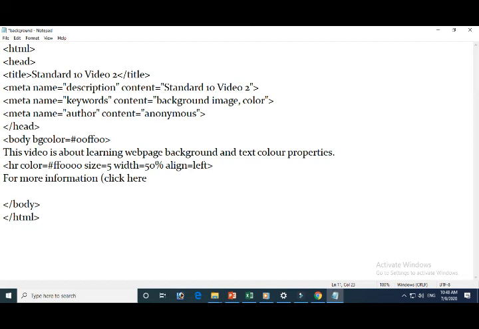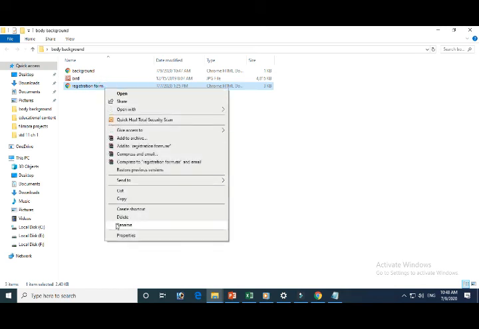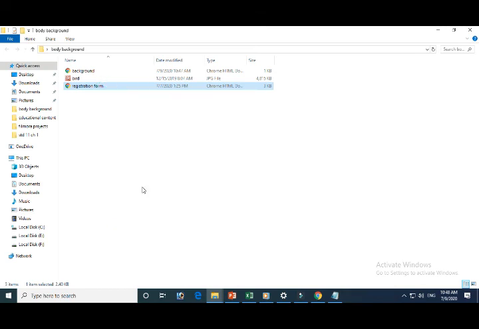So before click here, type element A, space, then href. Href stands for hypertext reference. So href is attribute of anchor tag. So href is equal to, then in double quotes, again we need to give address of the file that we want to link here with click here text. So we are here giving a file name which is earlier created, that is registrationform.html.